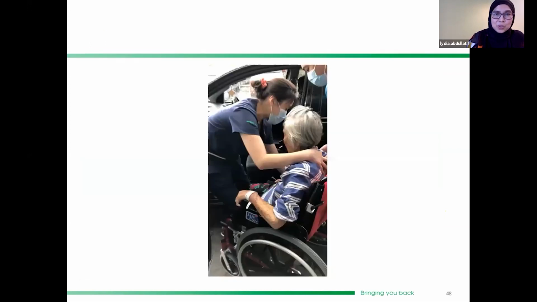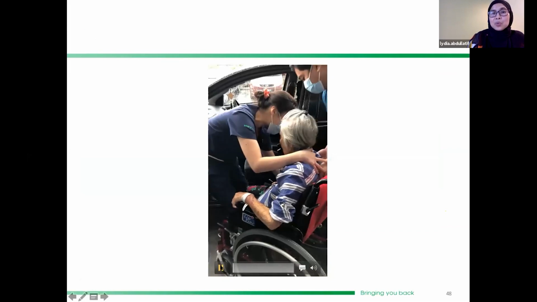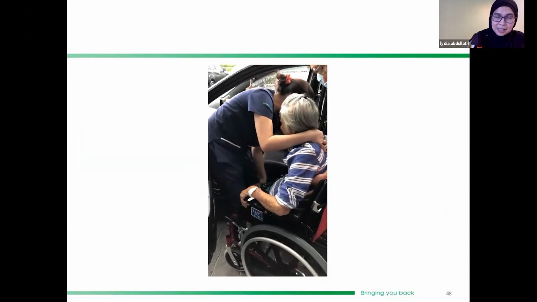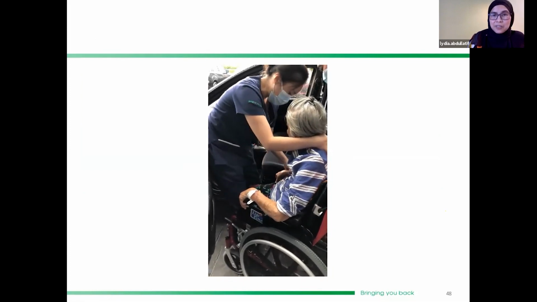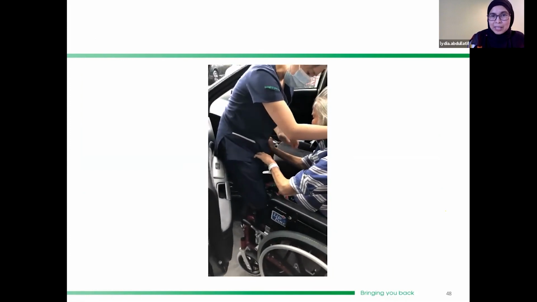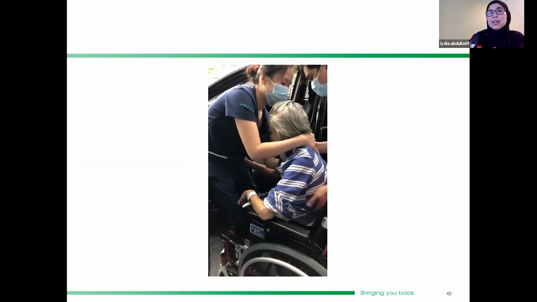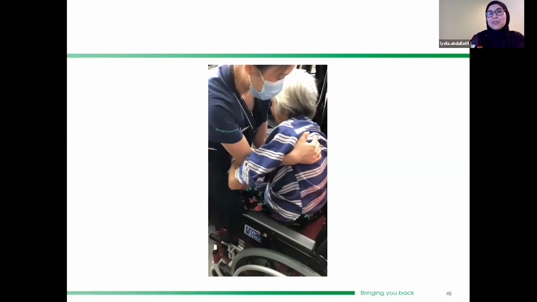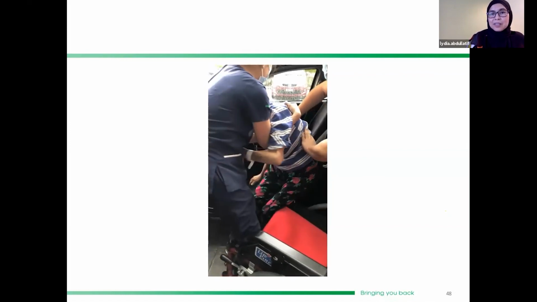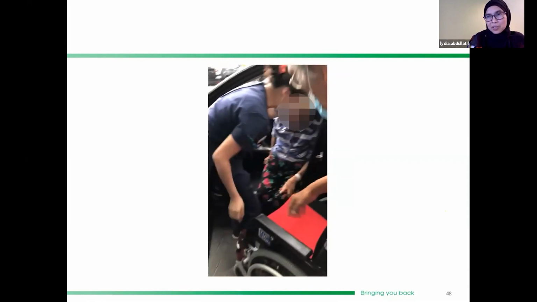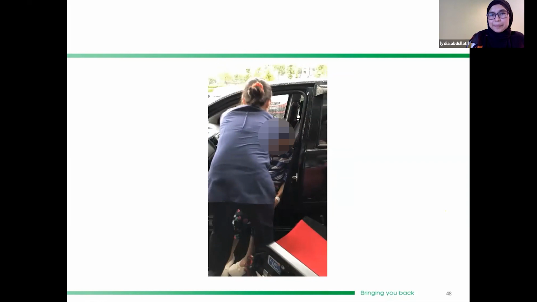All right, I will show you. So this is a patient where we have to train the carer how to do a car transfer. Okay, if the patient can stand, it is not difficult. But if they are no longer able to stand, that's where we need to ensure a safe transfer technique. Because they have to come to hospital, you know, they have to go for their visit, right? So you need to teach them a proper technique, also to the carer, so that it will not be a burden for them.